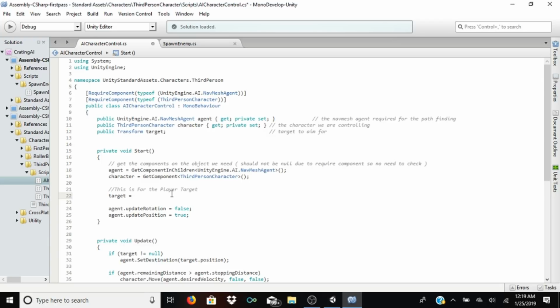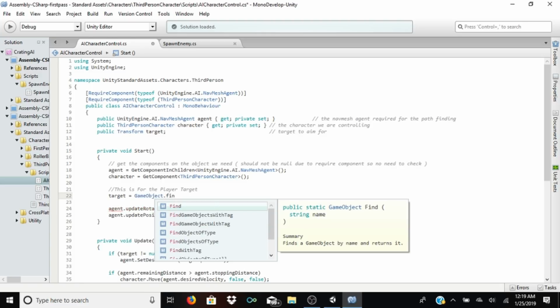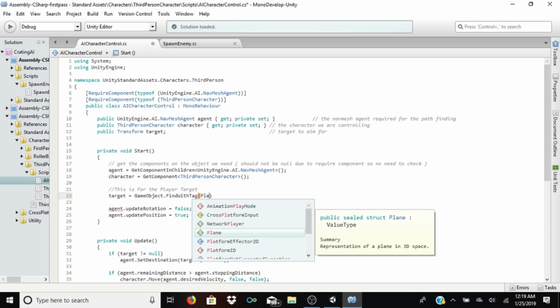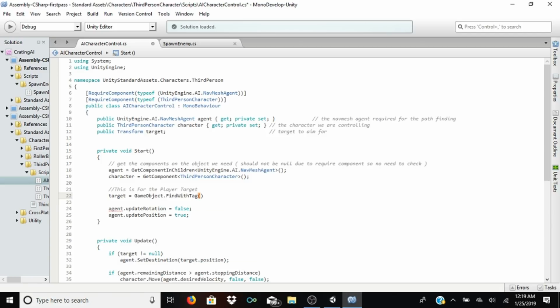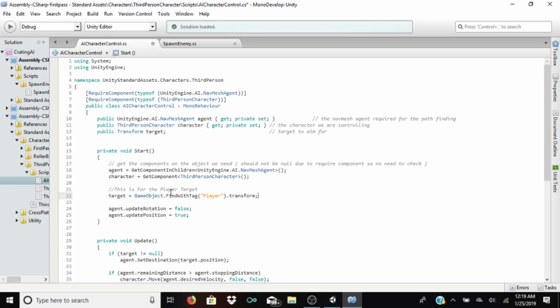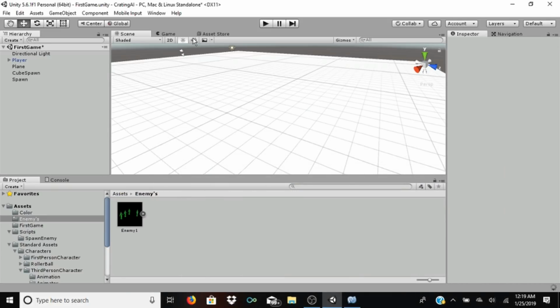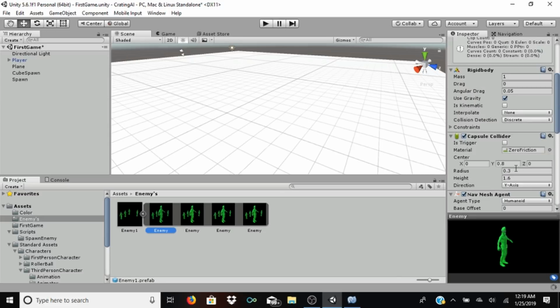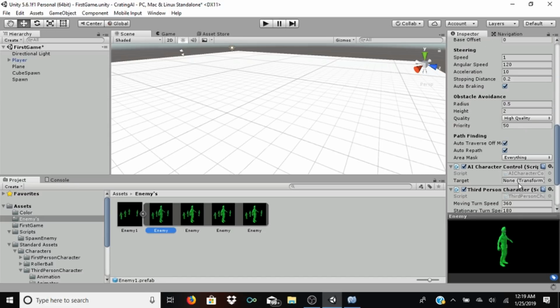So you do target is equal to GameObject.FindWithTag, and that's going to be called player, and because it's trying to get the transform of it, you need to do .transform, and then that right there is how you simply go from the enemies not following you because it needs a target,